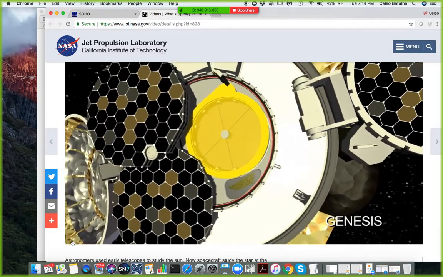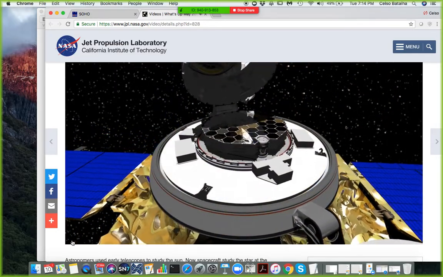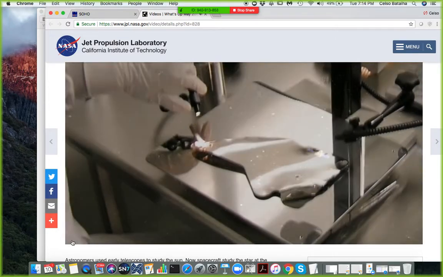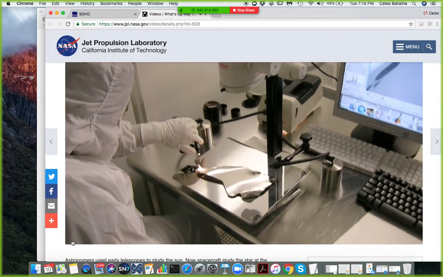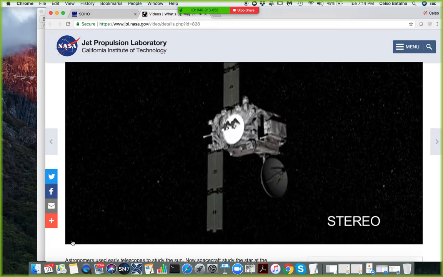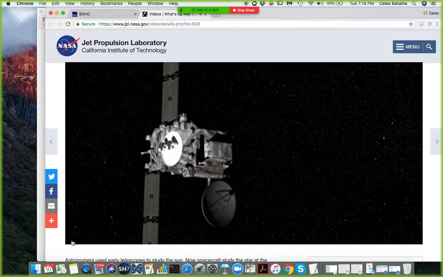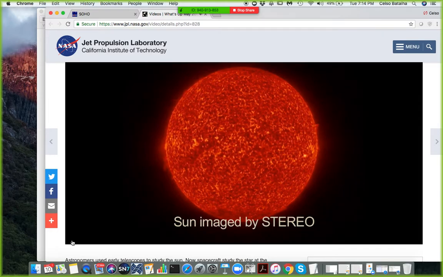The Genesis spacecraft collected samples of the solar wind, a stream of charged particles from the sun. The samples were returned to Earth in 2004 and are now being studied in a special lab at NASA's Johnson Space Center. STEREO, which launched in 2006, uses two observatories, one ahead of the Earth in its orbit and one behind, to study the structure and evolution of solar